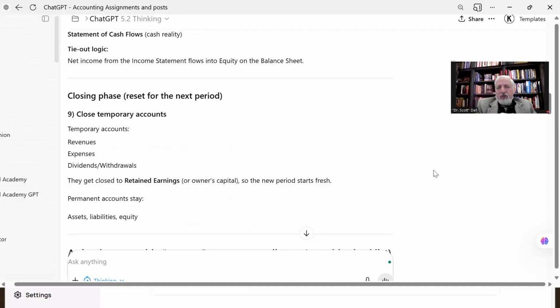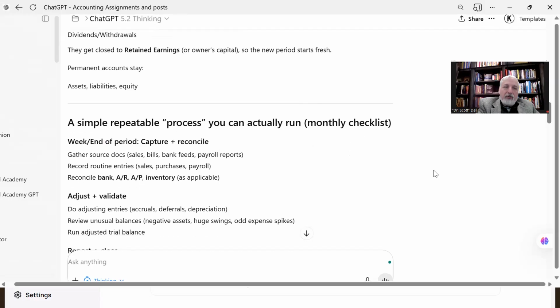But do our revenues go to zero? You bet. We start fresh at the beginning of the year or in the beginning of the month. Our expenses go to zero. Our depreciation expense will zero out at the end of the year, but the permanent account, anything on the balance sheet like accumulated depreciation, stays in place. Depreciation expense, wage expense, service revenue, product revenue, cost of goods sold, all that stuff gets zeroed out in the end. So that's the process.